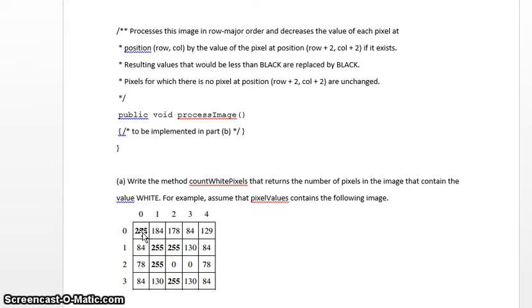We're going to subtract that from the first value because we're going in row major order. We're going to subtract that from 255. 255 minus 0 is 255, so we will leave 255 in the array as it is. Next we're going to go row 0, column 1. So now row plus 2 is row 2. Column plus 2 is 1 plus 2 or 3. Again, it's a 0. We'll leave the